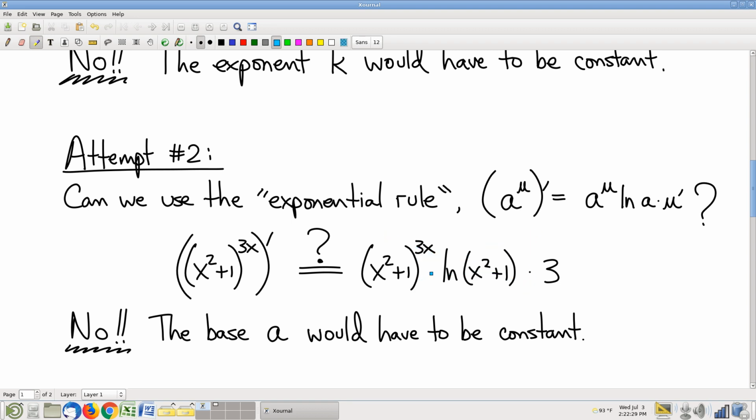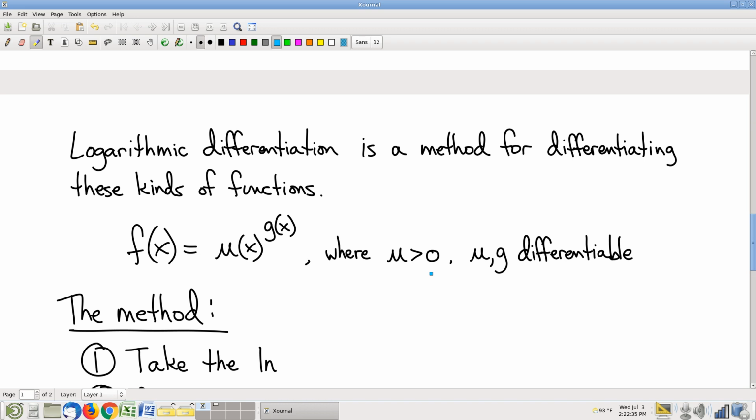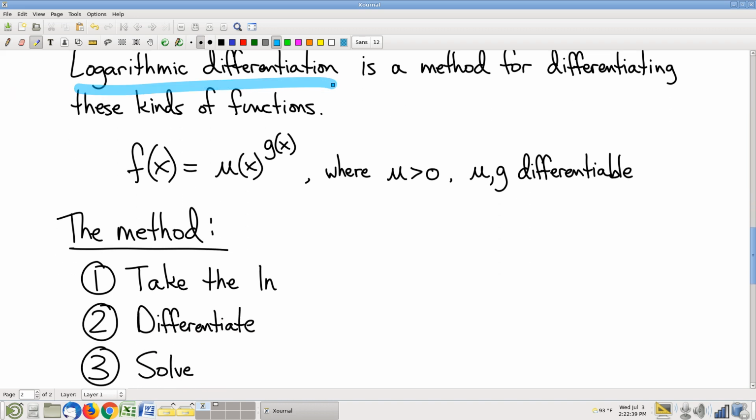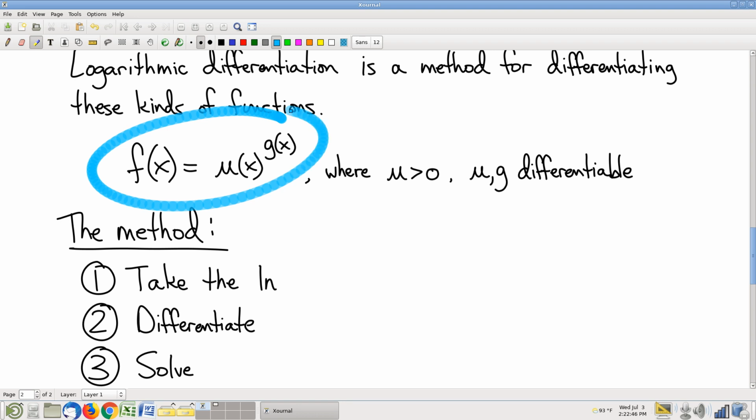Okay. So, well, we seem to be in a bit of a fix. How can we resolve this? Well, that's the subject of this talk. It's a method called logarithmic differentiation. Logarithmic differentiation will resolve the need to differentiate functions that look like this, a function to the power of another